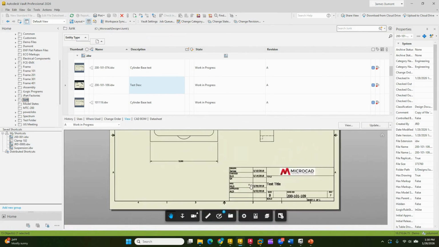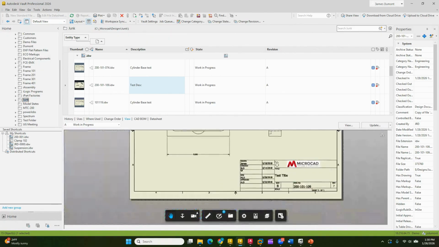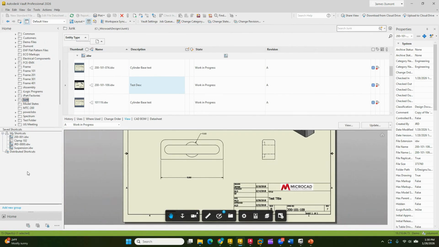And then again, I have to go, now I have everything. I don't want this. So now the next step is I have to open this file, check it out, and I have to delete this information. I have to delete the revision history table because it's not accurate. I want to eliminate those steps. So what I'm going to do is I'm going to go back to this file,